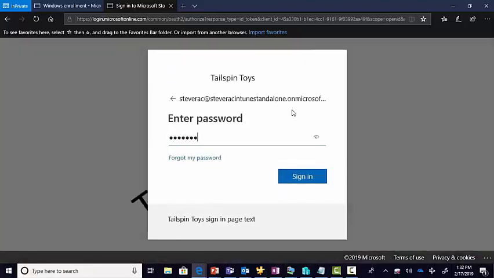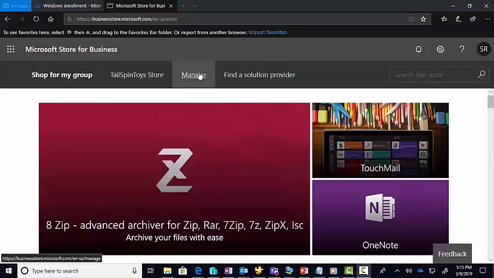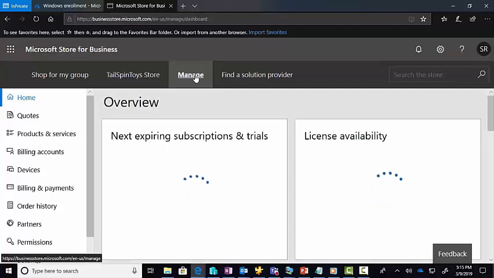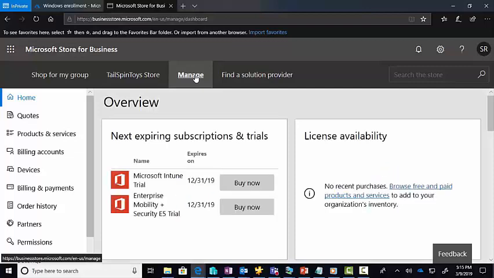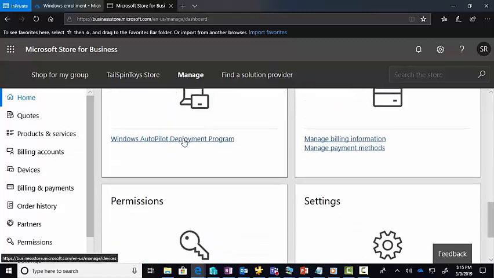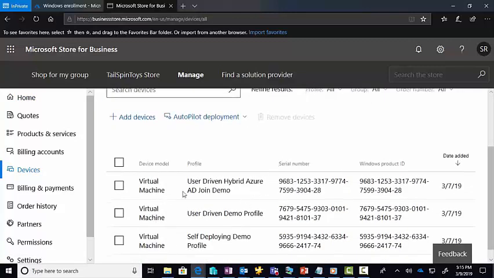All right. And you see the logo showing up in the back. Okay, so I've got the business store here. If we go to manage, there's a lot about the store for business that we could talk about. We're focused on Autopilot, and so that's where we will be focused. And so if I go down to devices, Windows Autopilot, here I will see any devices that are in the